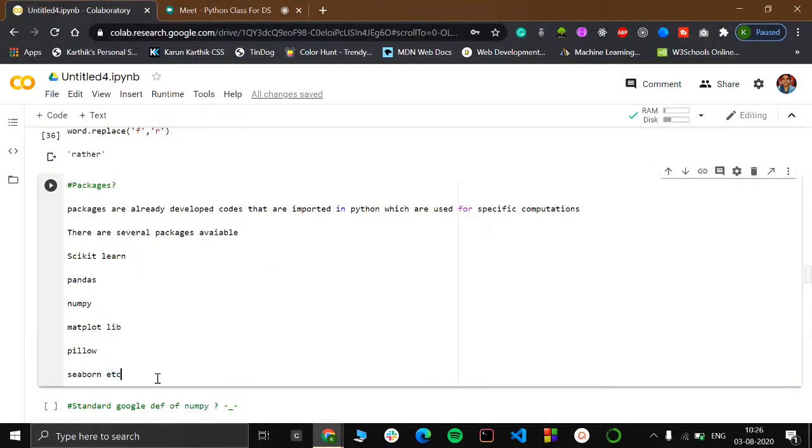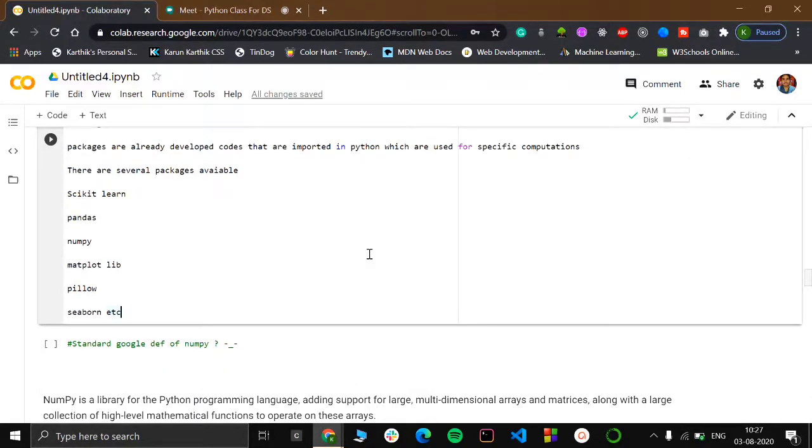So yeah, Seaborn. The important thing with Seaborn is that its data visualization is very much enhanced compared to Matplotlib. Matplotlib is very dry. You can visualize eventually, but Seaborn offers better visualization, with nice plots and nice graphs, but Matplotlib doesn't offer anything like that. It would be just raw format visualization. So those are some information about packages which you need to know. So yeah, let's go to NumPy.